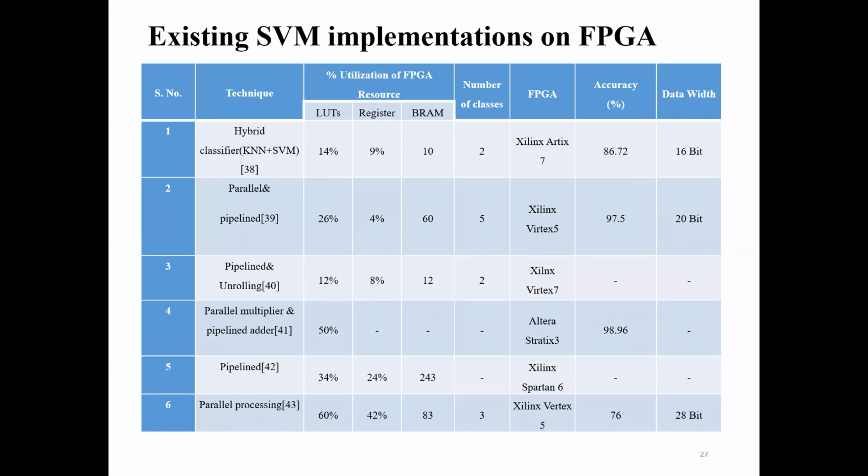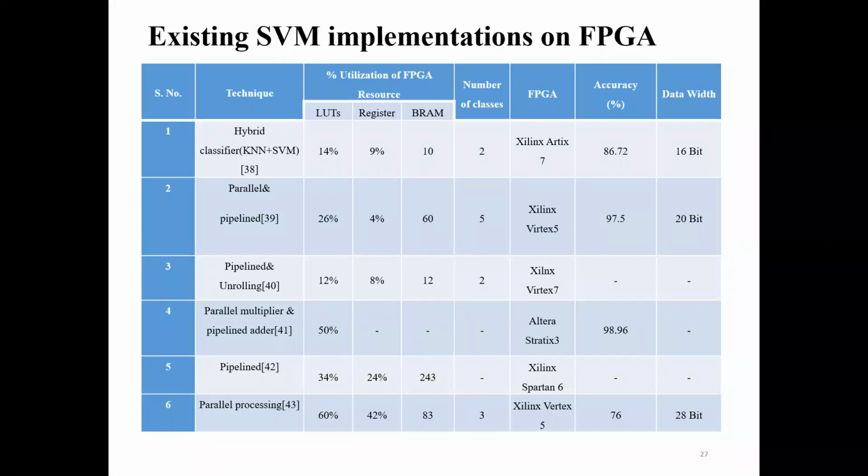Those who are working in the VLSI area are very much aware of the FPGA resources. FPGA means field programmable gate array. Every field programmable gate array consists of registers, lookup tables (LUTs), and block RAMs, block random access memory. These are the resources available inside the FPGA. The registers are mainly responsible for storing data, block RAMs for memory, and lookup tables, LUTs, for logic implementation. So these are the common resources that are available.